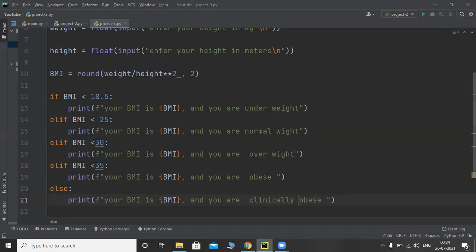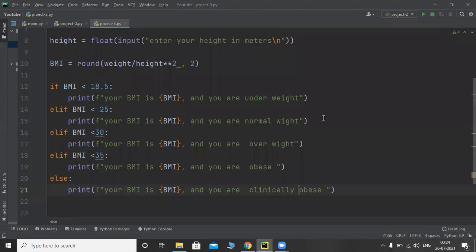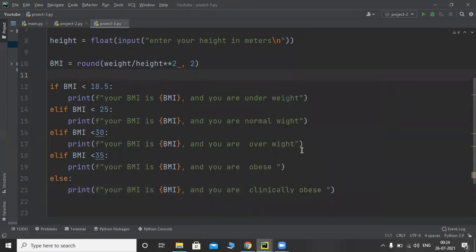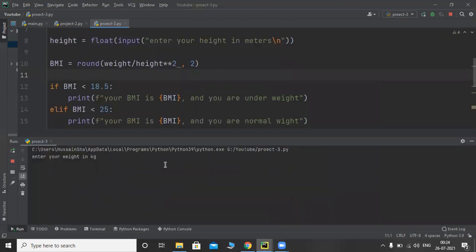So let us execute first, and then later I will explain the code. I'm running this code now. It's asking, enter your weight. So let me pass my weight as 65.